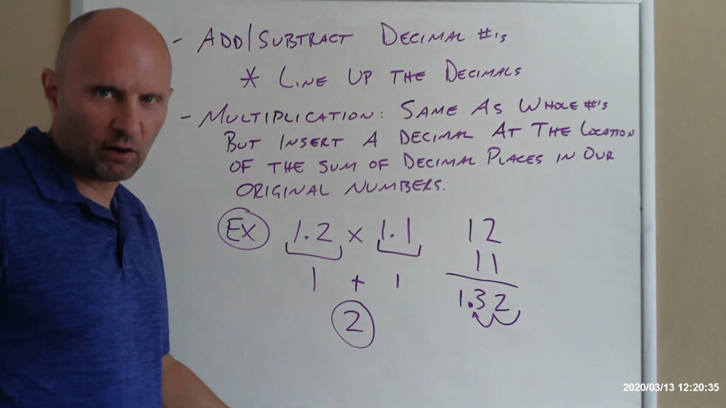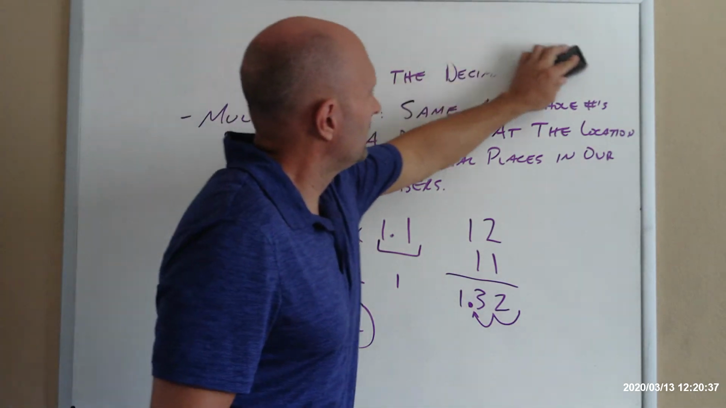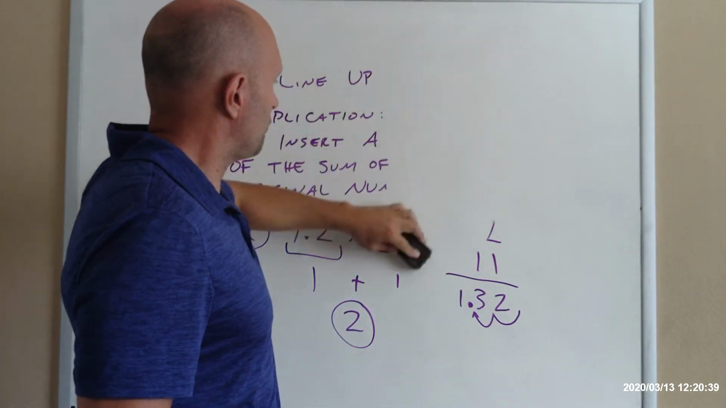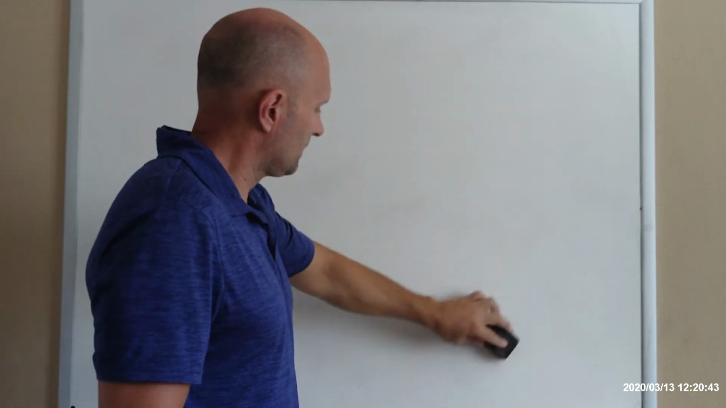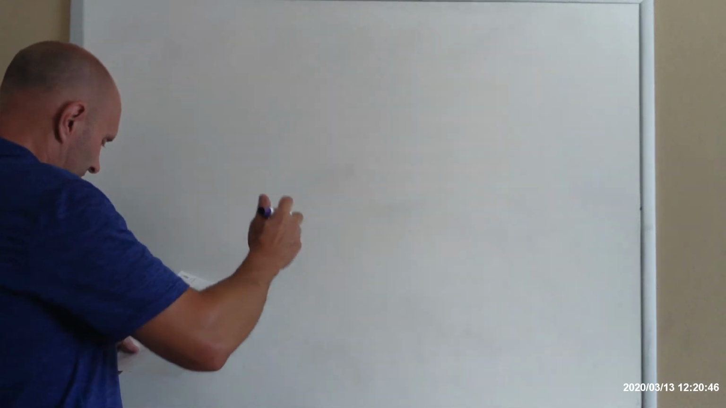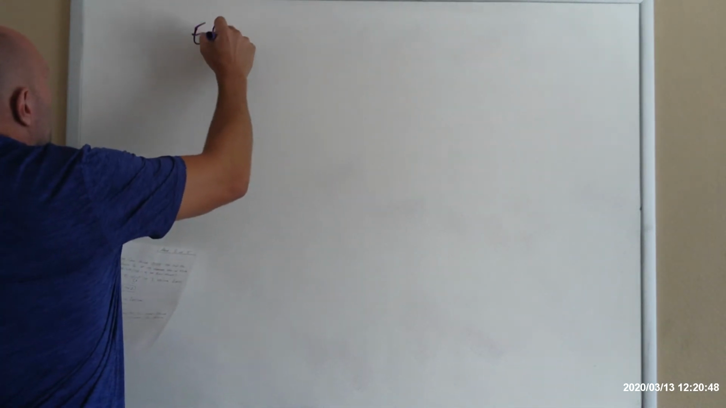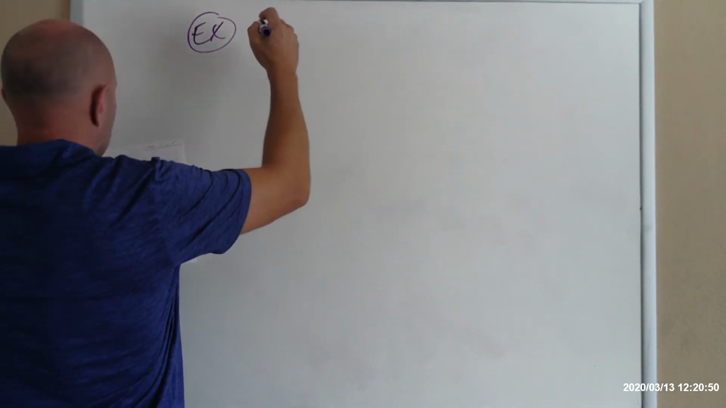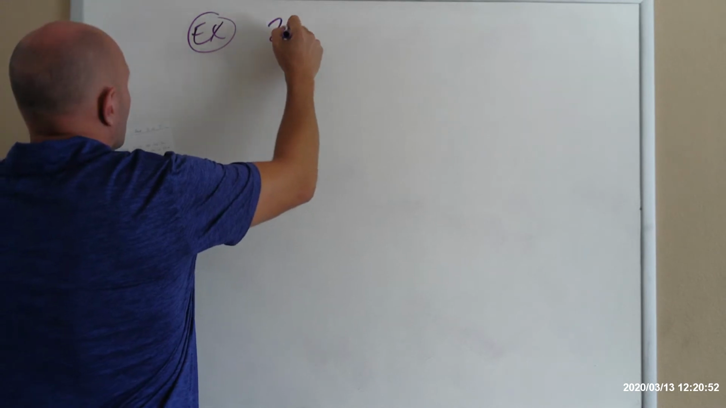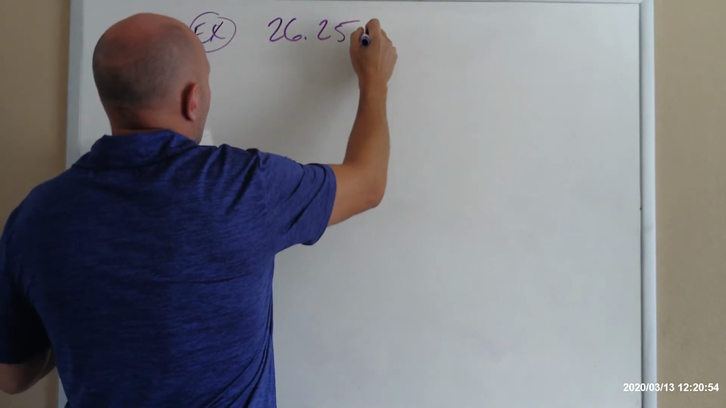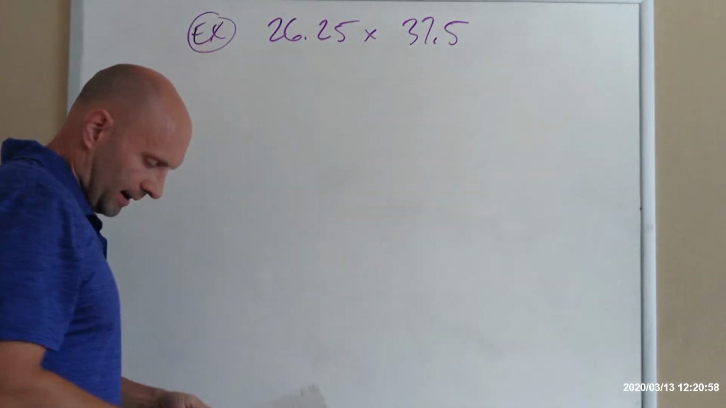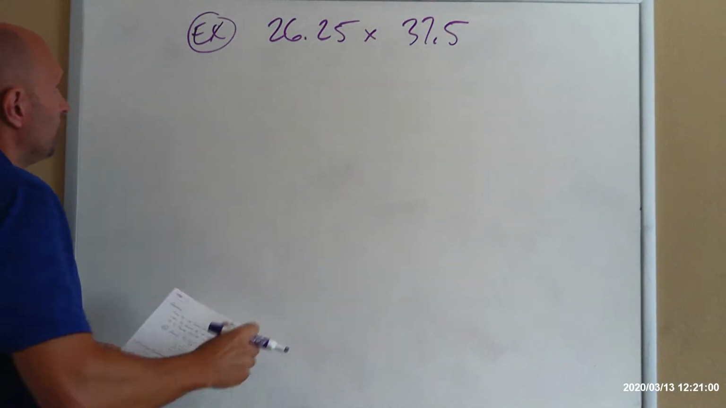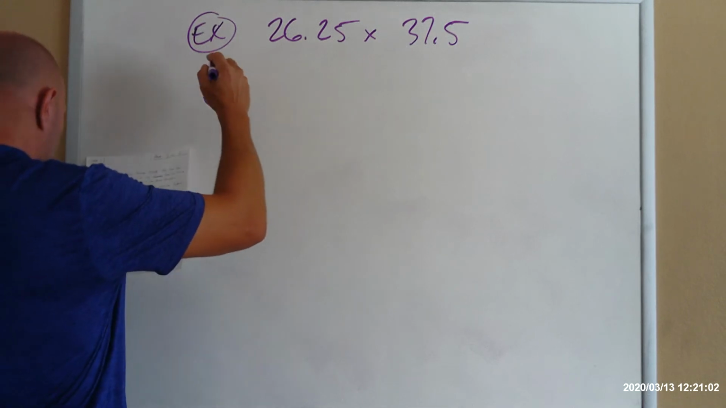Now, how can we use this on Praxis? Can this help us out in any way? And of course the answer is yes, or I wouldn't have brought it up. So let's say on the Praxis you're given: multiply 26.25 times 37.5. And your answer choices are